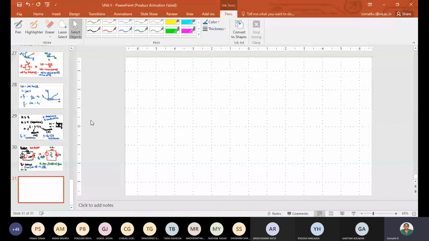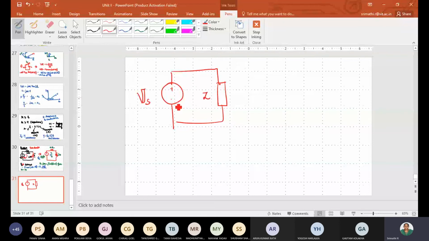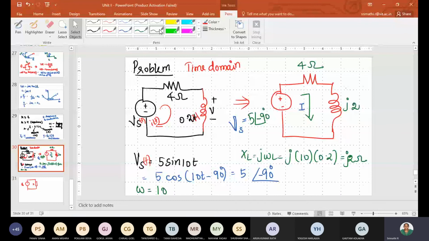So now your circuit can be written as, I have my Vs. I'll just write down only Vs, okay? I have only my impedance Z. Otherwise, I'll come back to the previous slide. I know this is a series element, so use your voltage division rule. What is the question given? You need to find the voltage across your